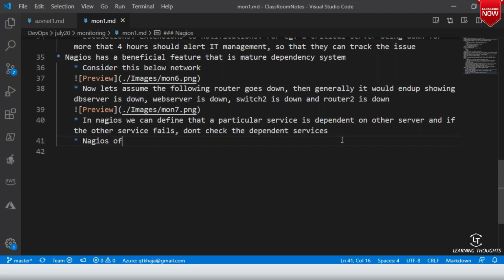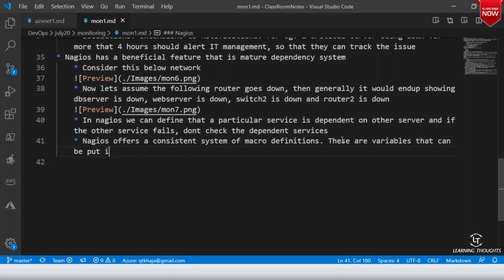It offers a consistent system of macro definitions. So what are macro definitions? These are nothing but variables which can be reused, so that they can be put into all object definitions.